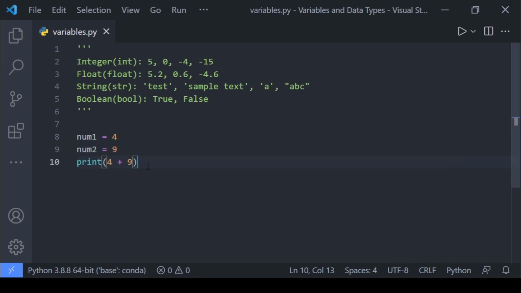But in most cases, using variables will make coding much easier. Since we might be using a value in our program more than once, we might just store this value into a variable and use that variable instead. And once we change the value of that variable once at the top of our program or wherever it is, from that point on, all of the values will be changed as we like. So instead of changing each of the values one by one, we will just change the value of the variable, and as that variable was used all along the program, all the values in the program will be changed as well. And that's why variables are very useful and very commonly used in programming.